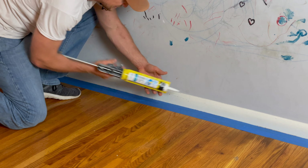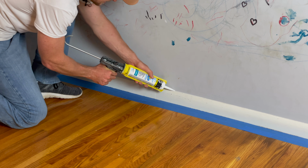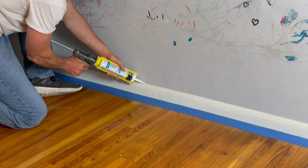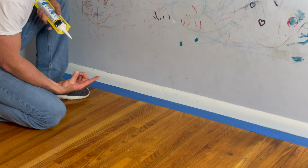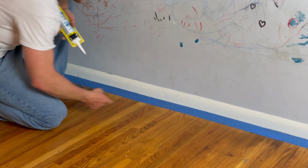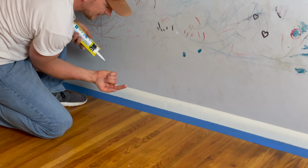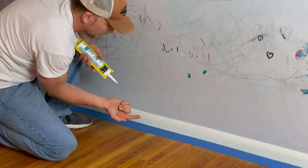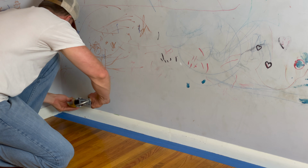But now, because I shaped the tip of my caulk good, I can run this in here and I can get a really tight, fine strip of caulk that typically you're going to want to use a wet rag or something, but if you get your caulk just perfect, it's a very simple wipe that has almost no waste. You can see that. So as I go here,